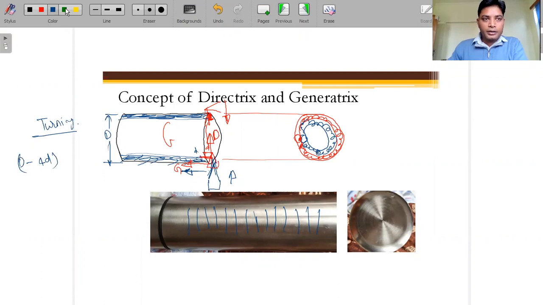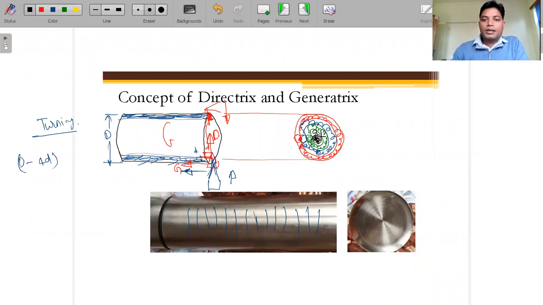Again we are moving towards the center, so feed this single point cutting tool over here. Now this much amount of the material is removed, and at the end, up to the center, this much amount of the material is removed. Fine, so now the facing is done.